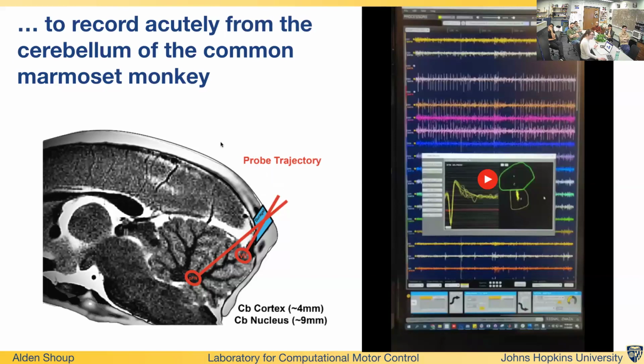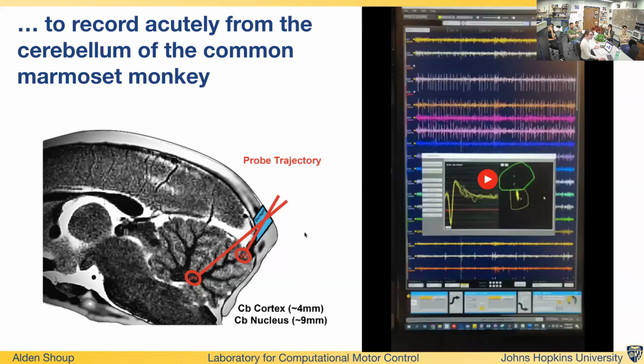We basically target by way of CT and MRI. These probes are 15 millimeters long, and we're able to go to depths of 9 millimeters to find the structures that we're looking for, which is really good given that